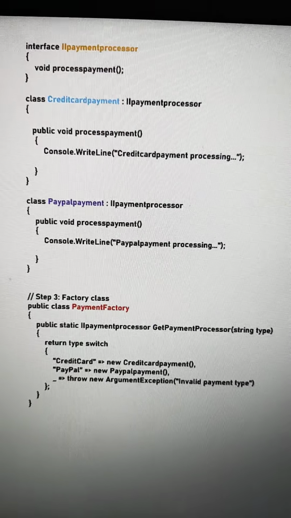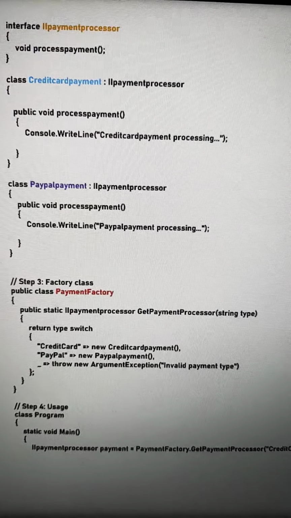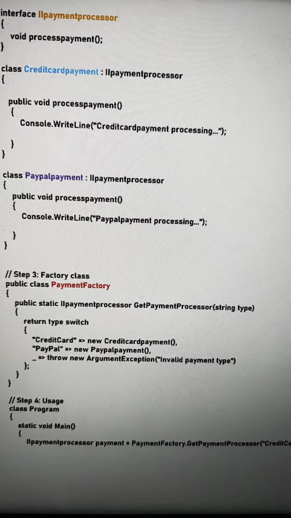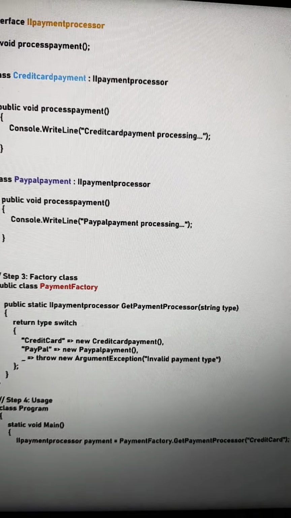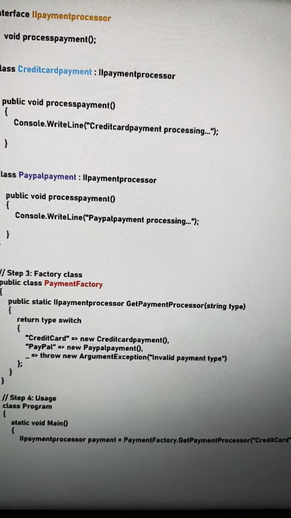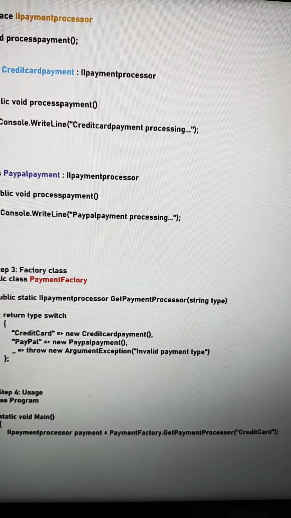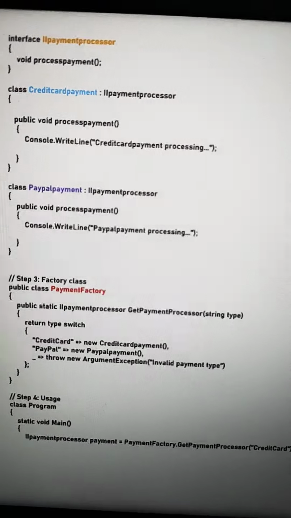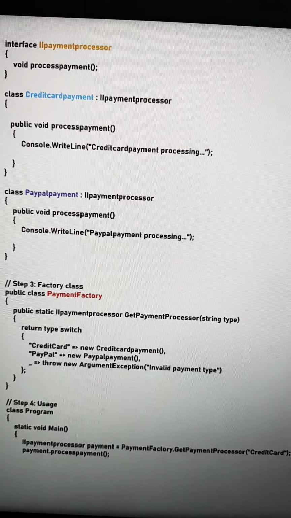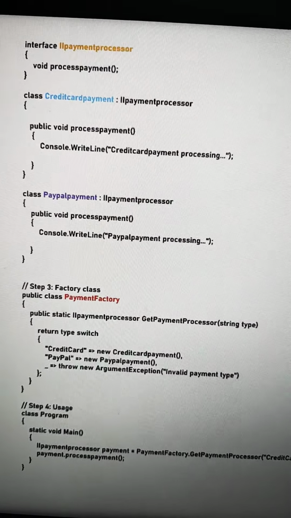Now I'm coming to my main program here. I'm going to create an instance for the interface, like IPaymentProcessor, a payment object variable equal to the factory class PaymentFactory.GetPaymentProcessor of the string value. Here, the string value I'm passing is credit card. And then I'm invoking payment.ProcessPayment. This way I'm going